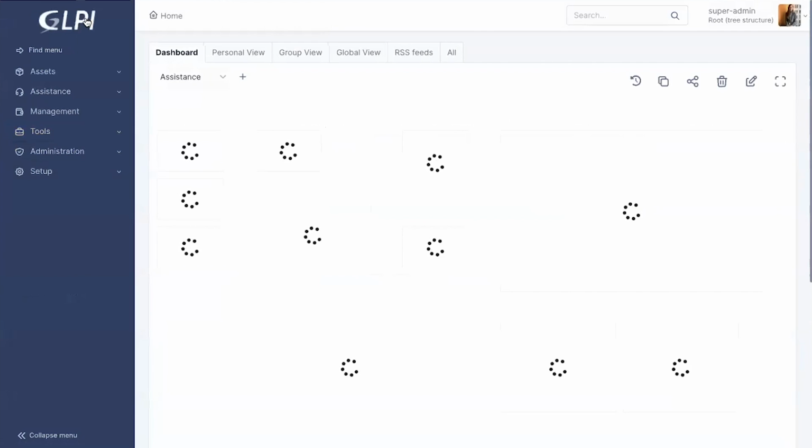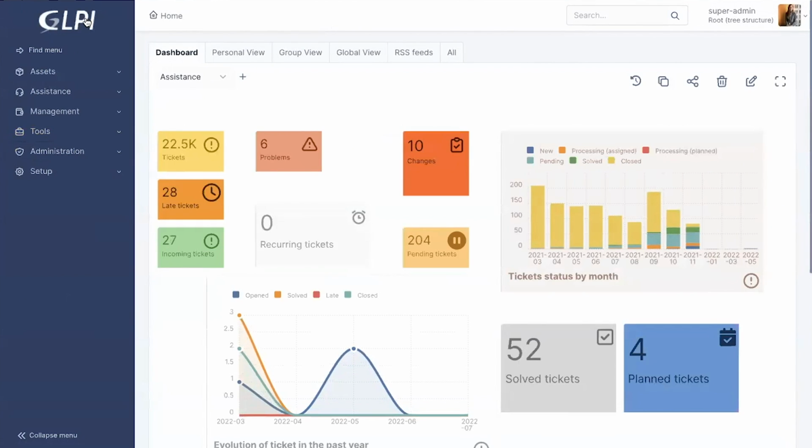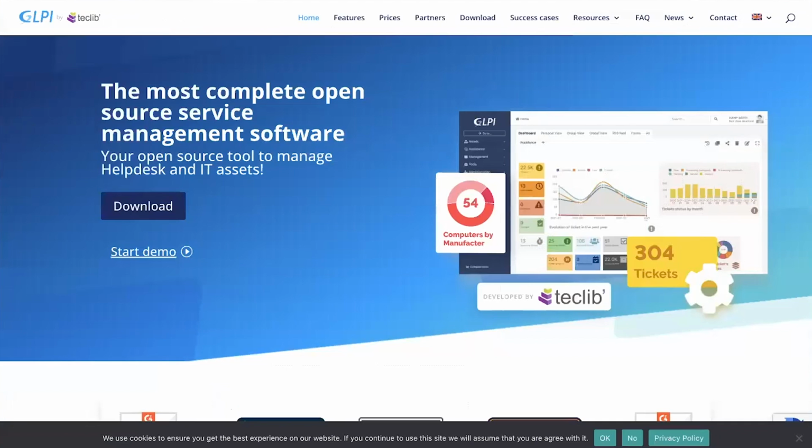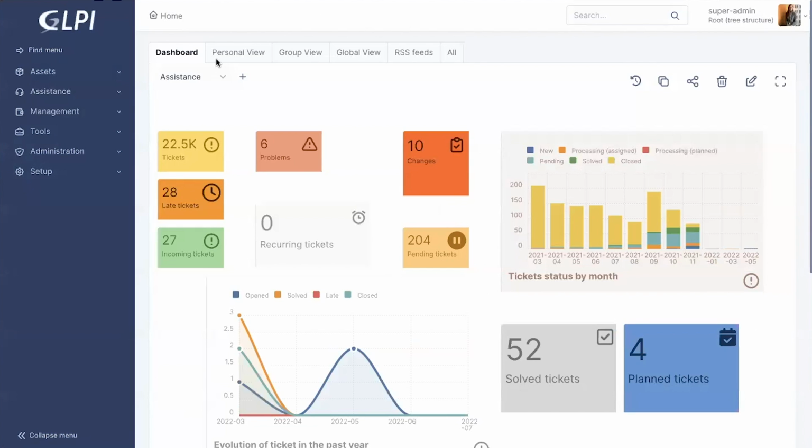So some of you already know how GLPI Cloud looks like, or if this is version 10, the most advanced and the latest GLPI version. If you don't have so far the account, you can easily visit our official website and just click on Start Demo, which is going to take you to the GLPI Network Cloud website. So as per